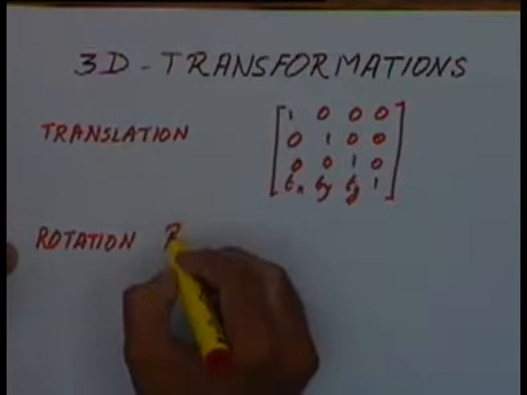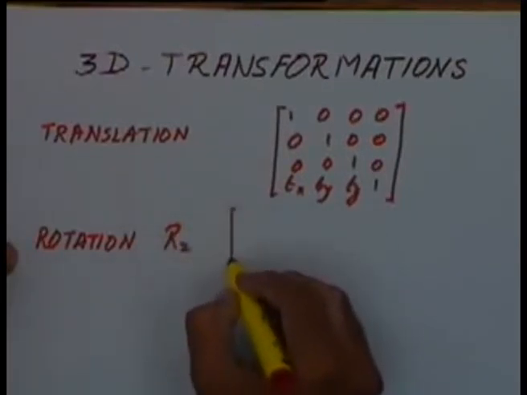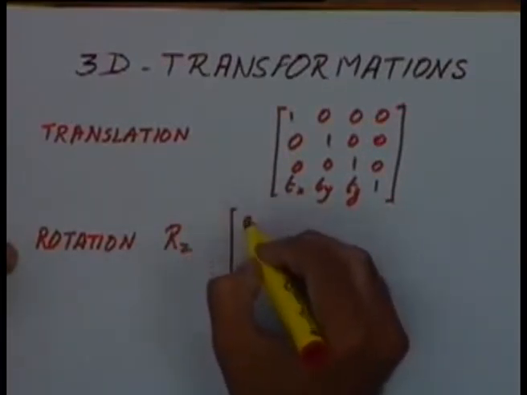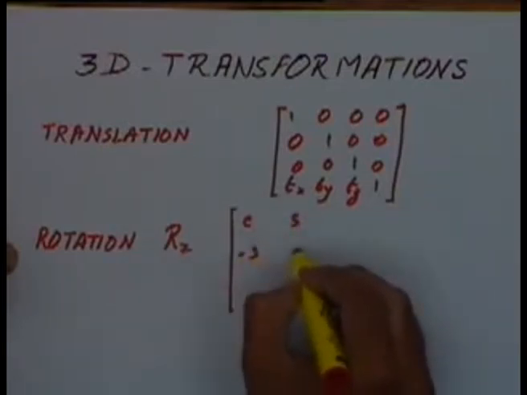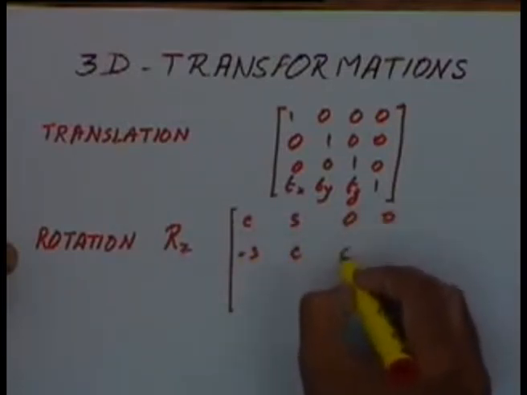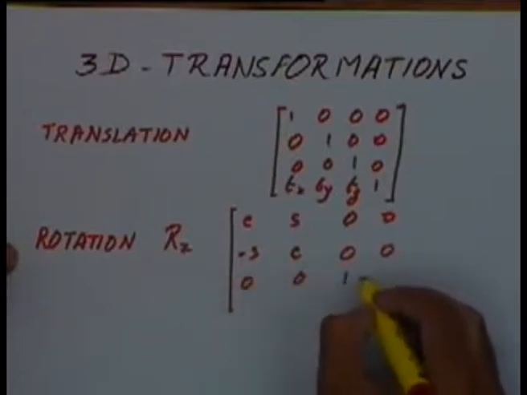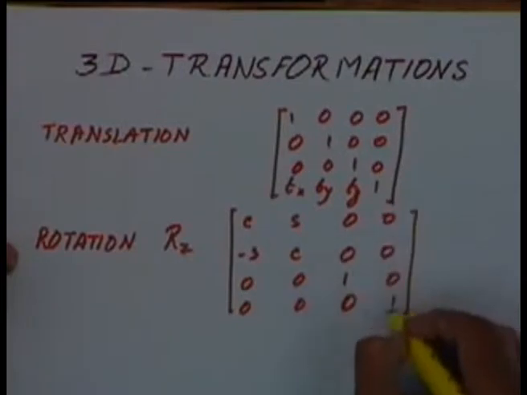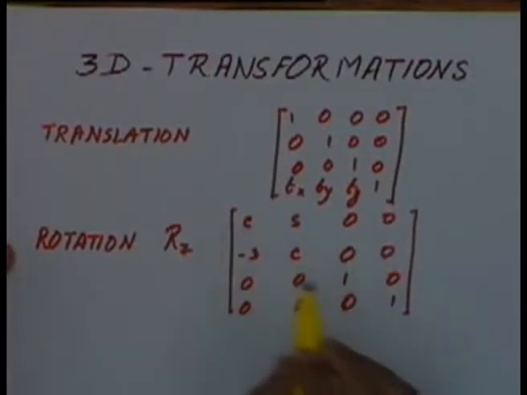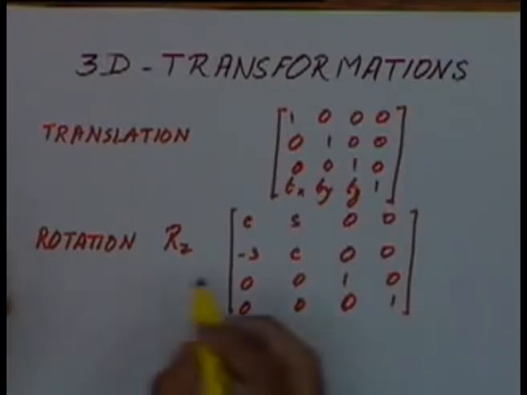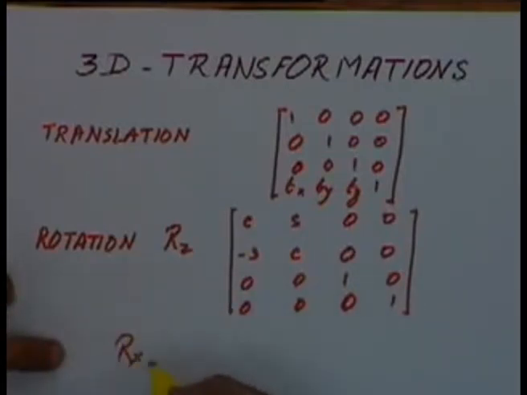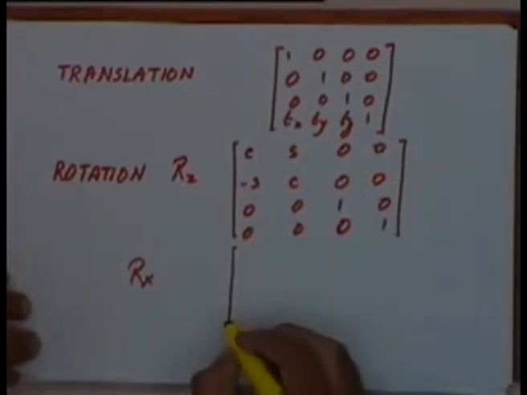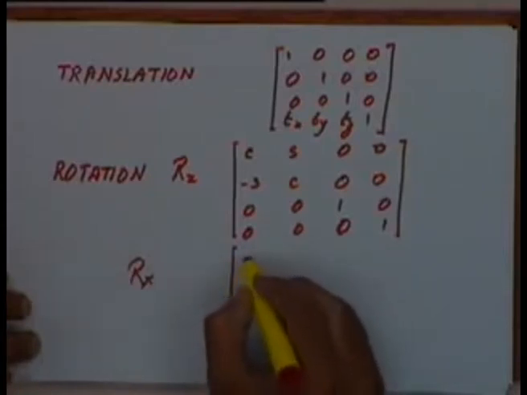Okay. Then we said rotations, and let us say rotation about the z axis would be captured by this matrix. Okay, where C stands for cos theta, S stands for sin theta. Similarly, we said rotation over the x axis would be captured by